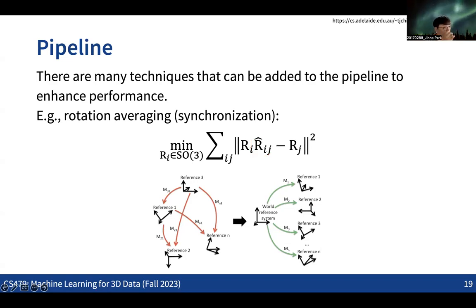Then we can do some kind of synchronization in terms of that. If you start from camera A and go to camera B and go to camera C and go back to the original camera, then you need to basically come back to the original camera frame, right? So in terms of that, you can do some synchronization. And the interesting thing is that synchronizing all the relative camera poses is a problem that we can solve with some kind of optimization. There is even an analytic solution for this optimization. So it's kind of interesting.